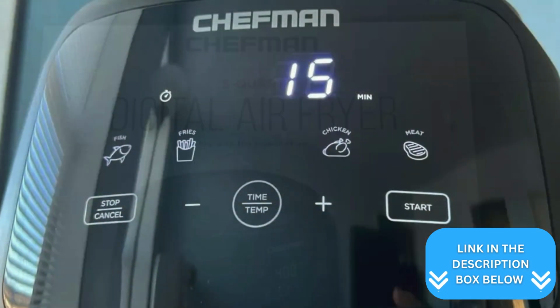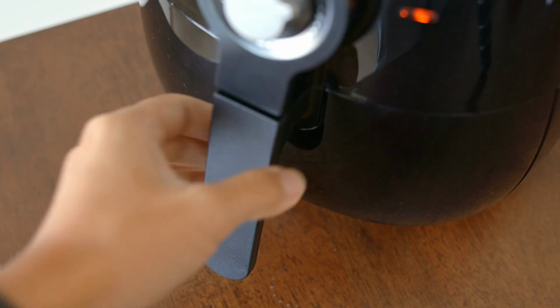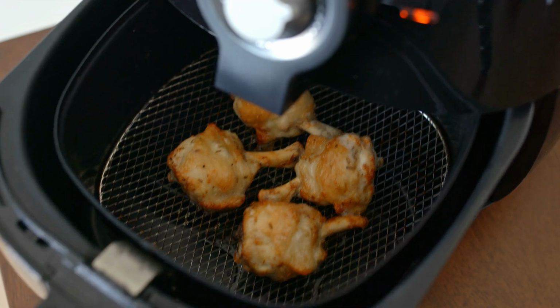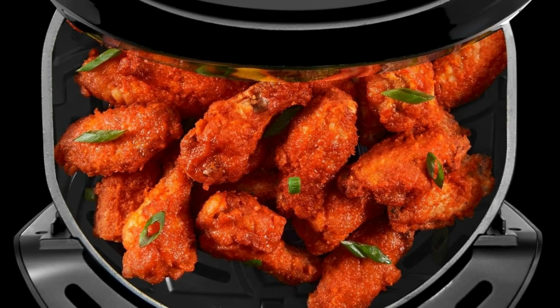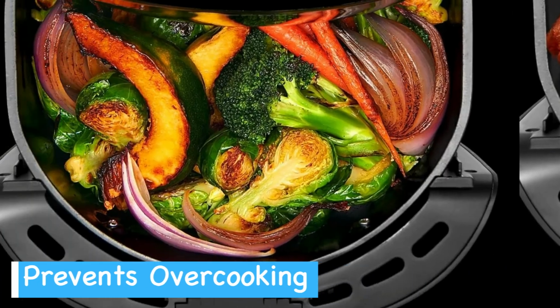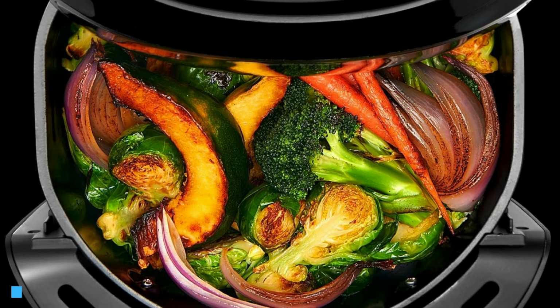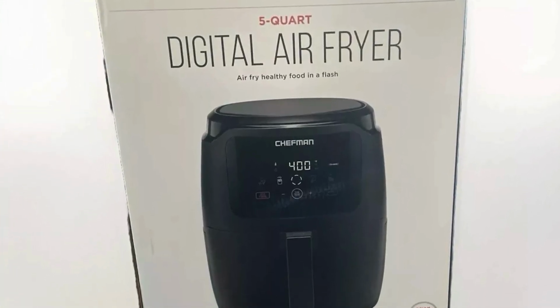You'll find the automatic shutoff feature particularly useful. It pauses cooking when you open the basket and resumes where it left off when you replace it. This safety feature gives you peace of mind and prevents overcooking if you need to check on your food mid-cycle. Plus, once the timer runs out, the unit turns itself off, so you don't have to worry about leaving it